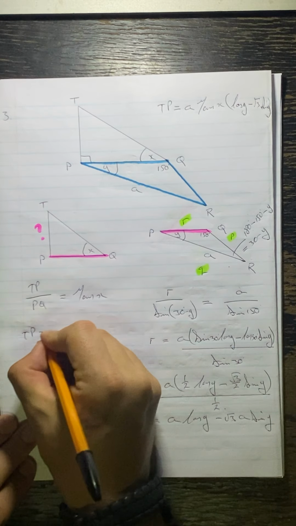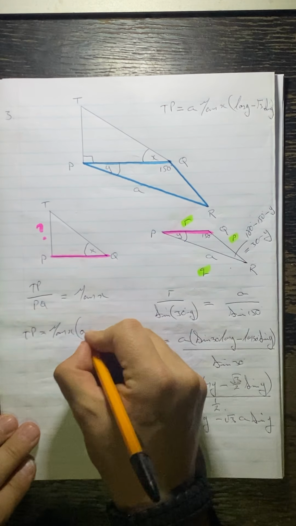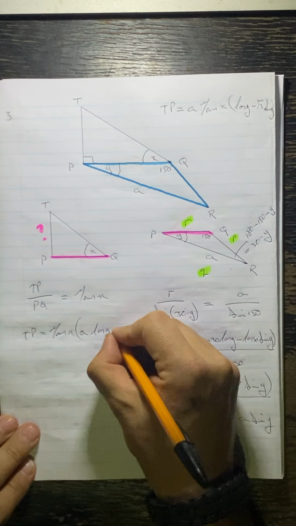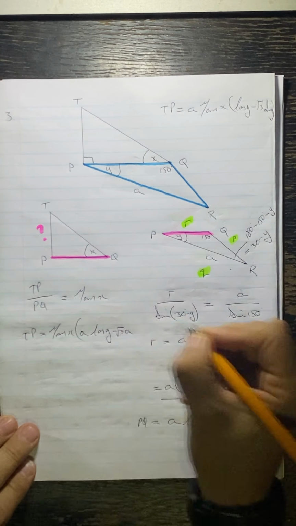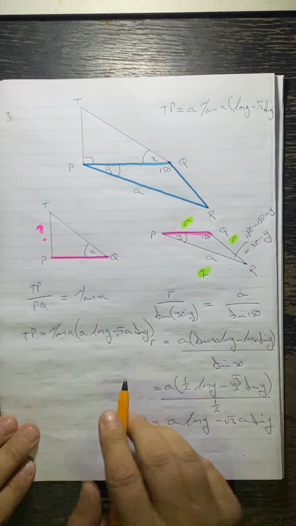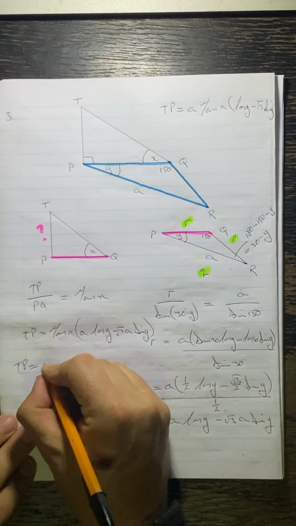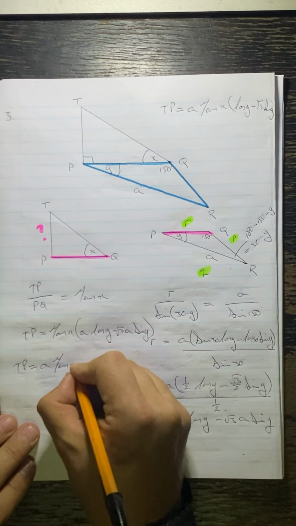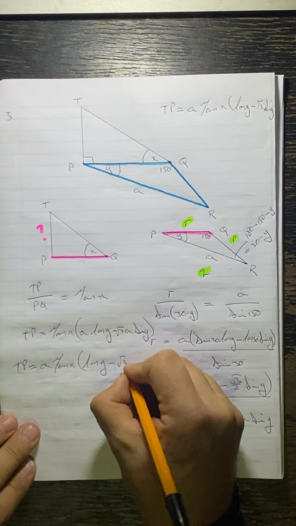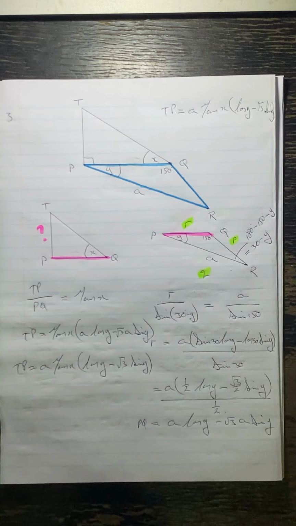So we get TP is equal to tan x multiplied by a cos y minus root 3a sine y. Okay, I can take out a common factor of a, and I get TP is equal to a tan x (cos y minus root 3 sine y), which is what they wanted. All right,